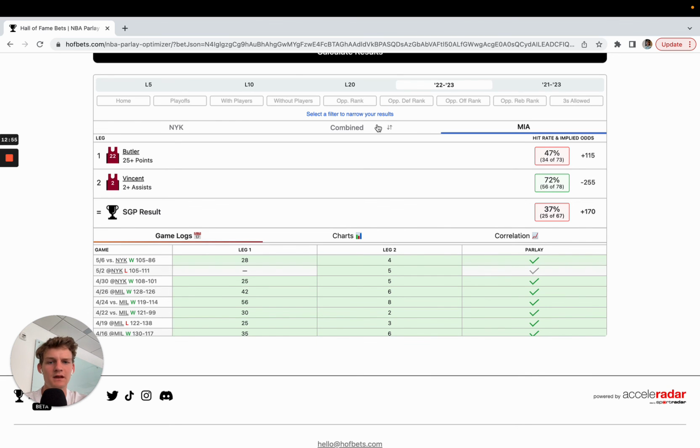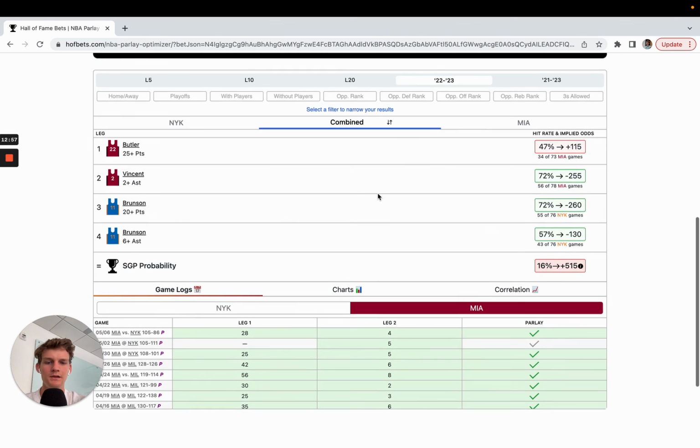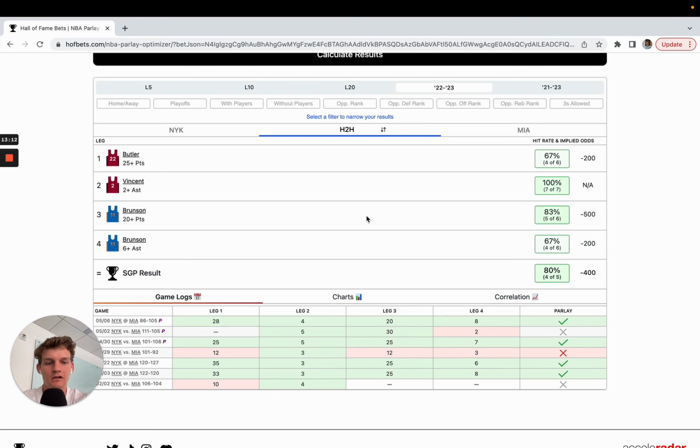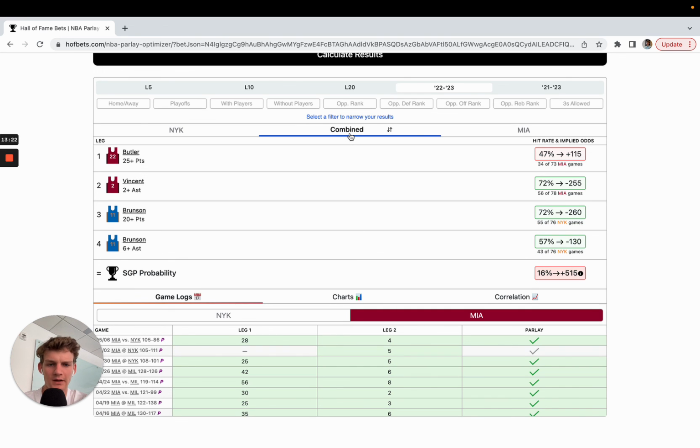So I think with everything, the most important things to always be looking at are the combined view. What's the correlation? Again, we can look at leg correlation, but how are players playing together? How does one player's performance impact another player? And that's really important when you're considering parlays. And then the last one would be also to look at head-to-head. And obviously here, they've got some good history, both the Heat and New York, and these specific players have performed well in head-to-head games. So that's just a quick overview of how to use the Parlay Optimizer to research your